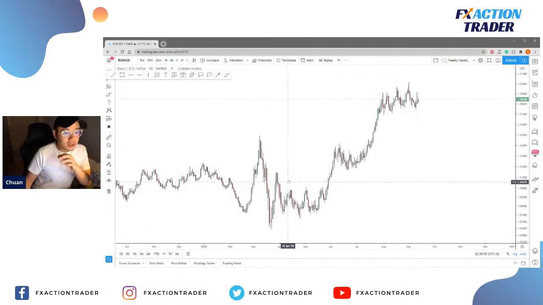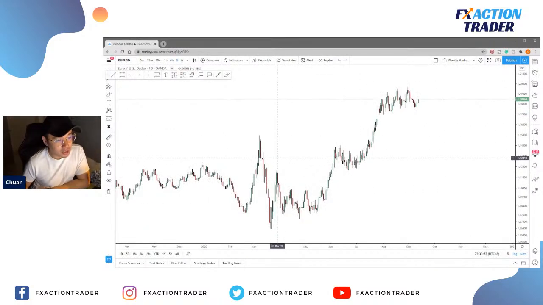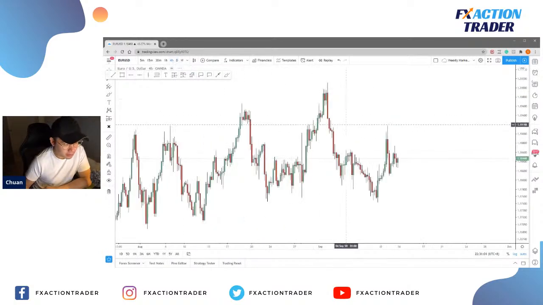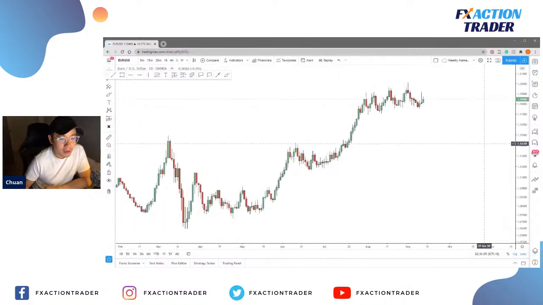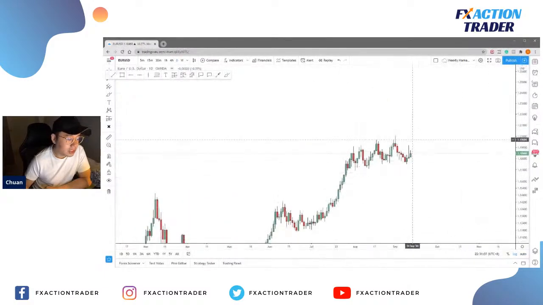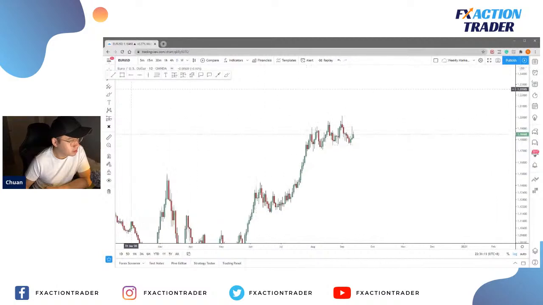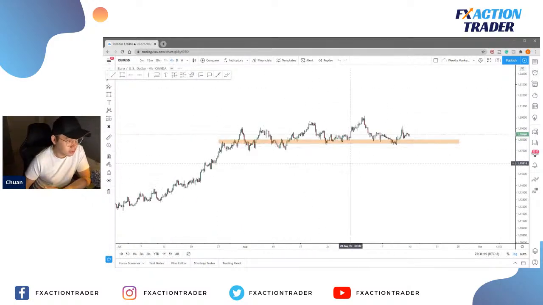So for euro dollar last week, I did mention that we might have some possible reversal based on the H4 chart. But looking at this daily chart, it seems like the daily support is still holding. The daily support is still holding here. This is where the support level is. So if we move into this H4 chart,